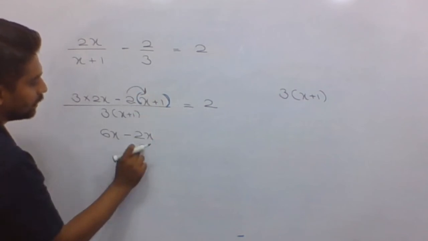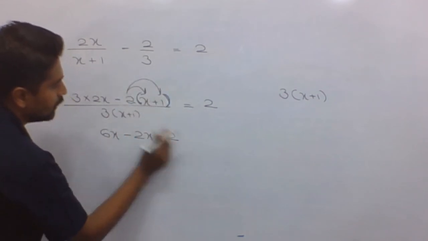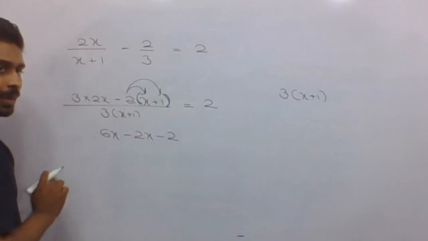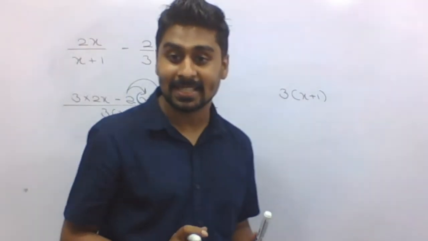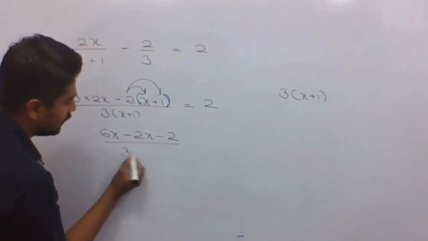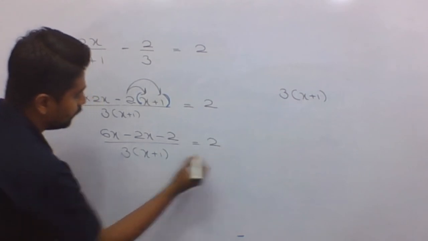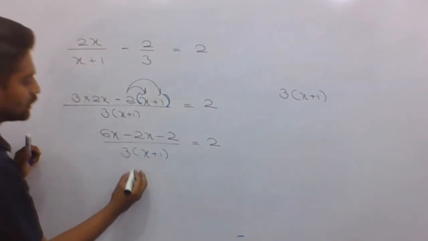This one okay. Then minus 2 into plus 1, it also minus 2. Minus 2 into plus 1 minus 2. When a minus number and a plus number are multiplied, the answer is minus. Right? So here this 3, x plus 1 here equal to, then simplify 6x minus 2x, it is equal